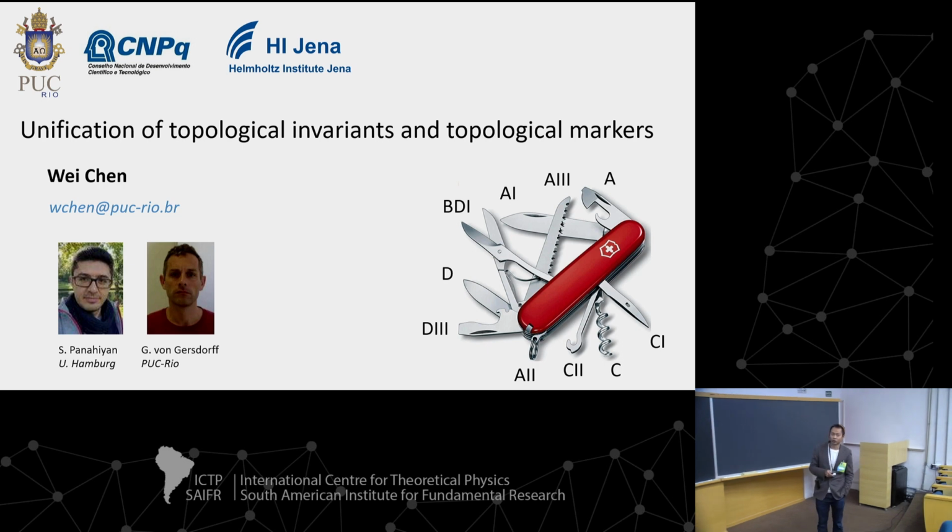Calculators and topological orders. So today I would like to talk about this issue of whether it's possible to unify the topological invariants in all the dimensions and symmetry classes into a single form, and then write it into the so-called topological marker. This is very much related to what Kyle was talking about in the first talk, and I will also draw some connection with the so-called quantum metric, the second talk by